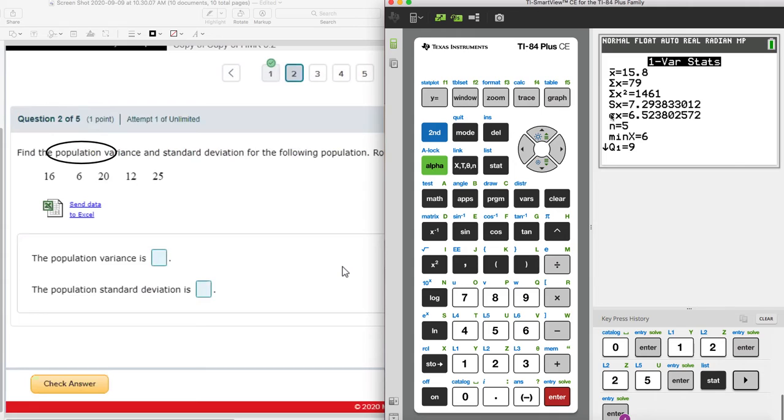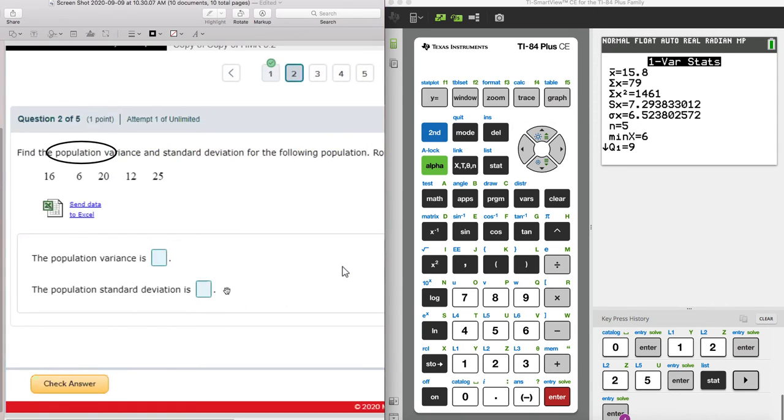It's a lowercase Greek s. It looks more like an O than an S, and it's called sigma. You can call it whatever you want. You can call it the little O with a tail thing. So in this case, it's going to be just like the other one where we enter that into the population standard deviation. So in this case, it's going to be